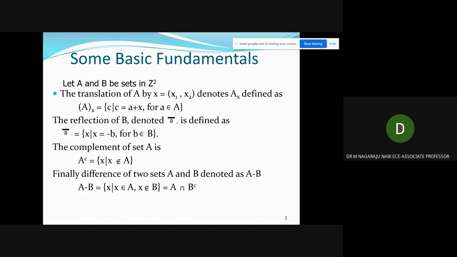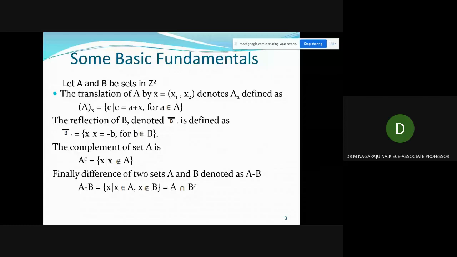Some basic fundamentals are necessary to apply set theory. What fundamental theories are available? An image can be represented by a set of points, all the gray level points. Any image can be represented by a set of points, and all mathematical morphological operations work on set theory.